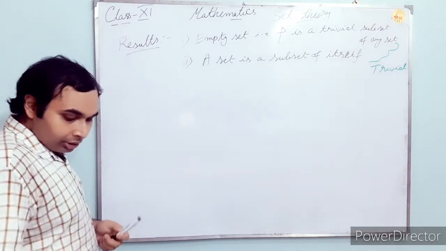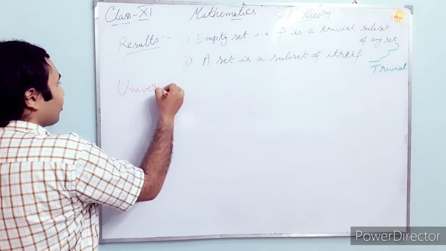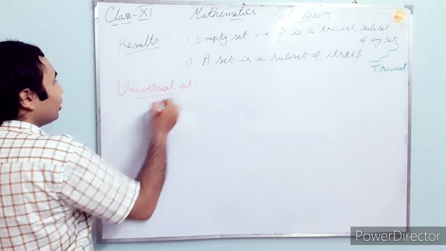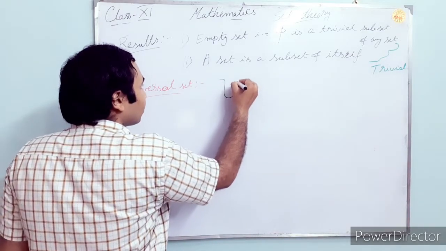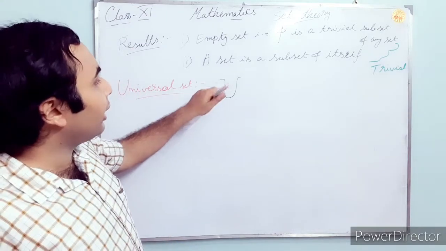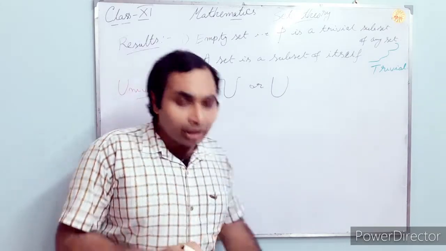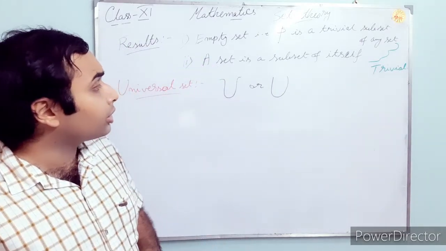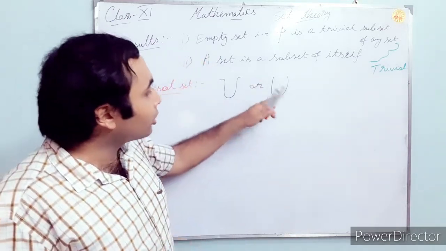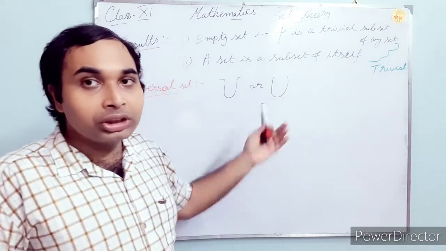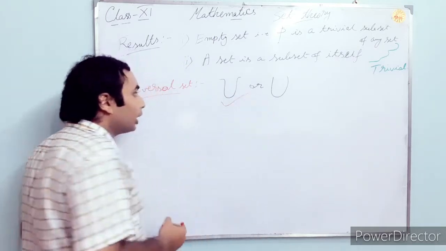Now one definition. The definition is universal set. Universal set is denoted like this. Actually capital U you can write like this also, or simple capital U. But in mathematical set theoretical operations there are union, intersection, I will show you later. Union is also denoted with U only. That's why I am suggesting you to denote it like this.